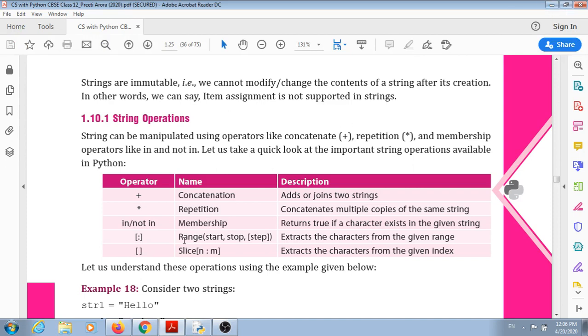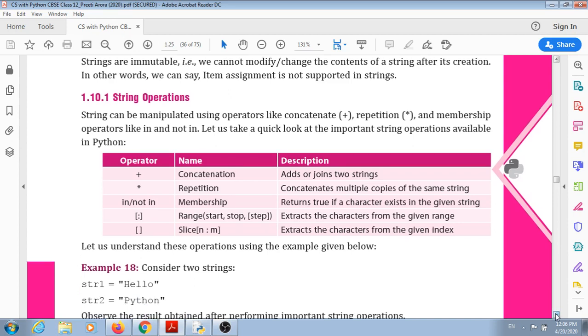Okay, now we can also make the slices of these strings. String slices we can make, just like the lists, with start, stop and step. So we can access the elements or characters of a string.